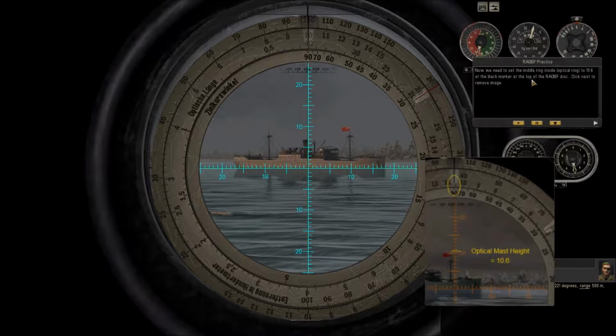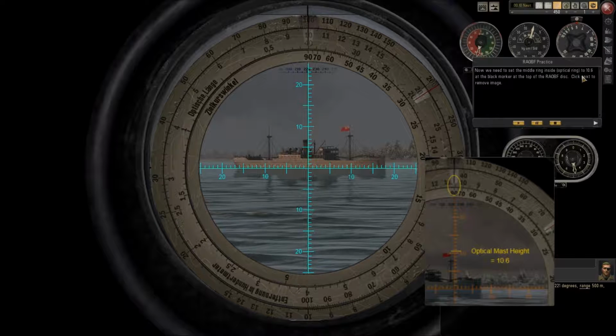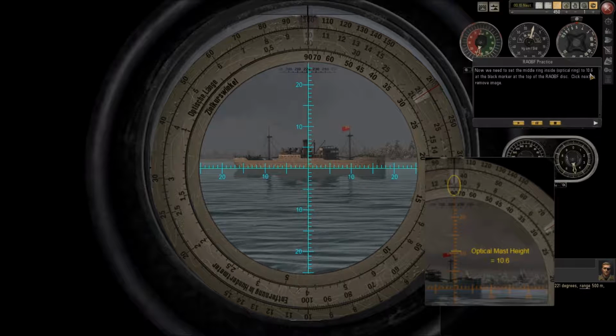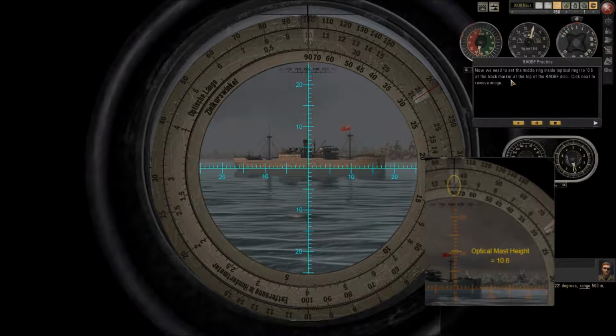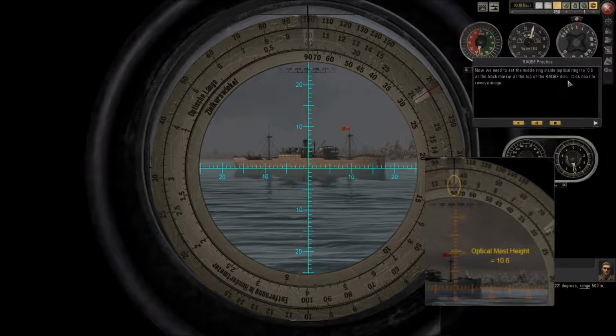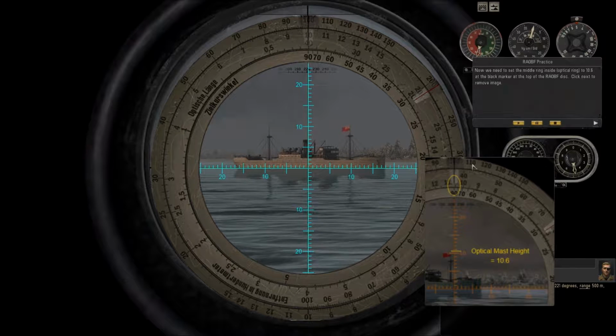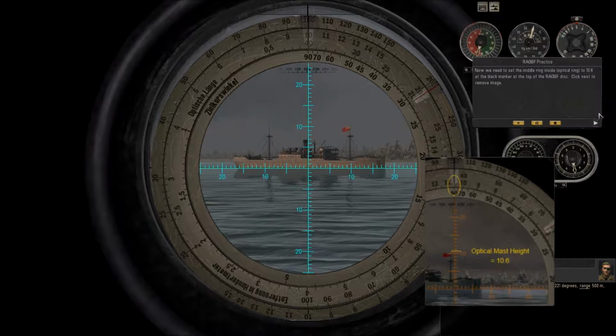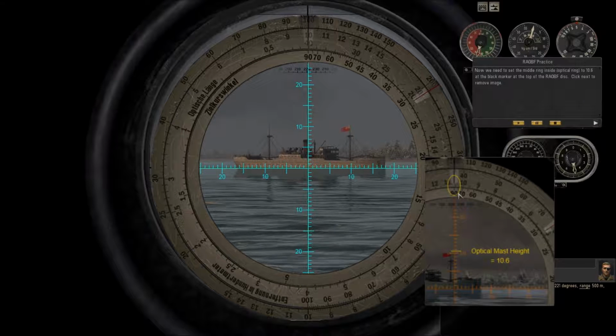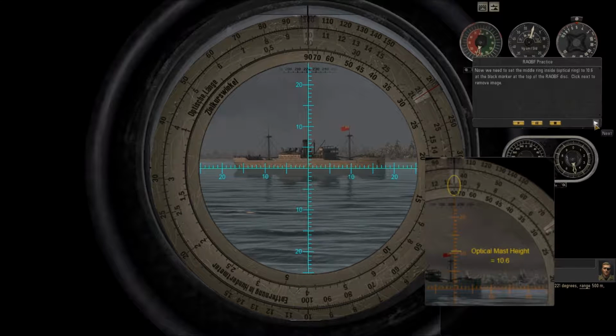Now we need to set the middle inside optical ring to 10.6 at the black marker at the top of the RAOFB disk. Click next to remove image. So I will click next to remove this image, you see, that is telling us. Okay,